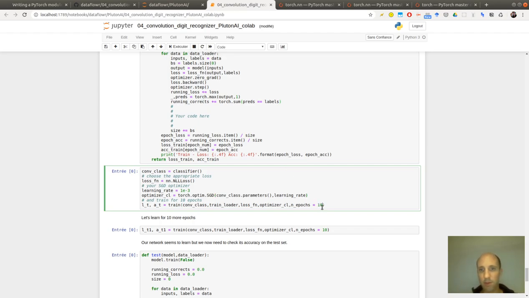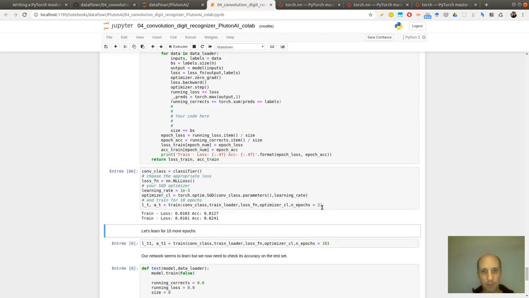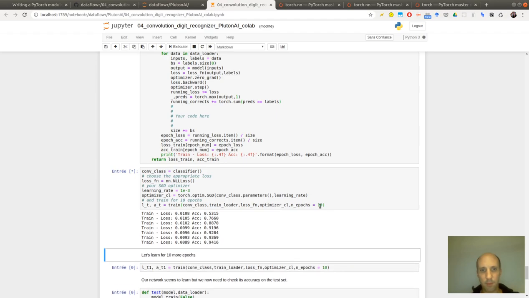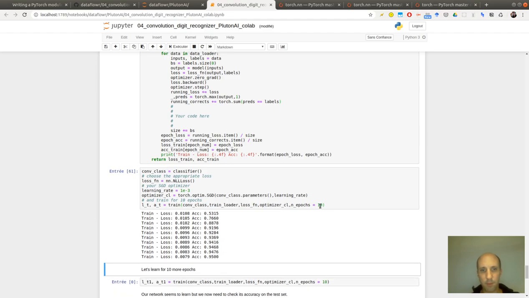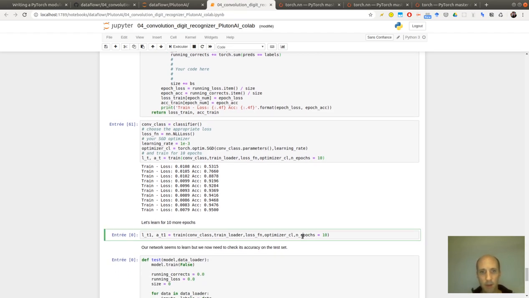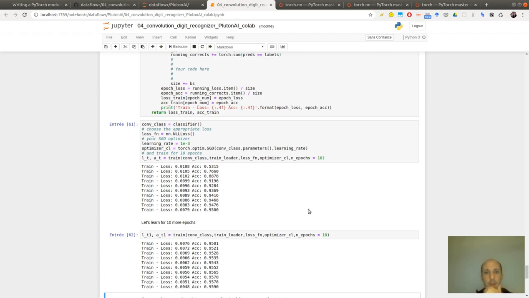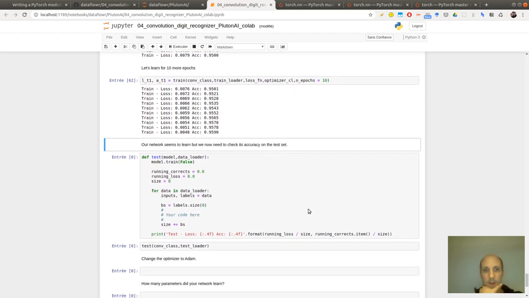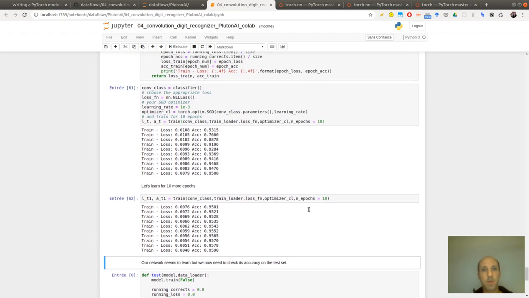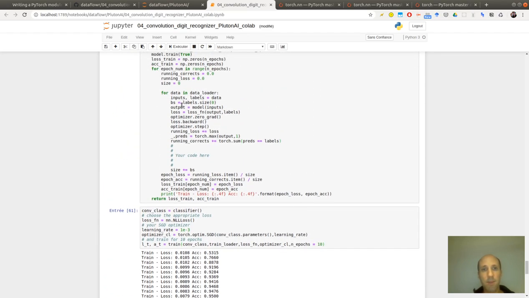Okay, let's go for 2 epochs first. Okay, it seems to work. Okay, cool. 95%. So now I need to do basically the same thing but on the test.